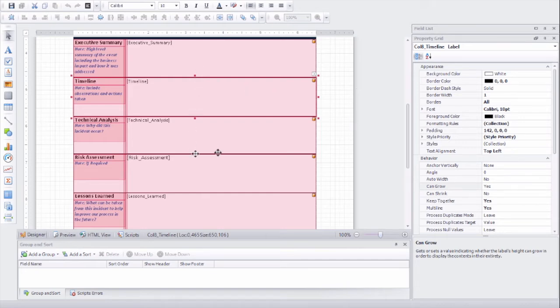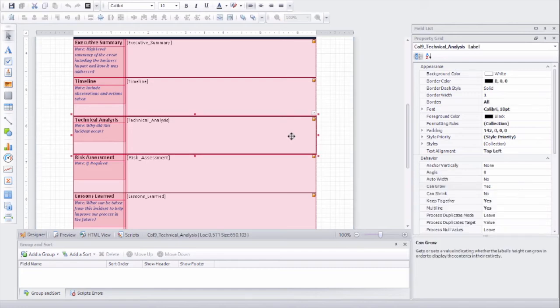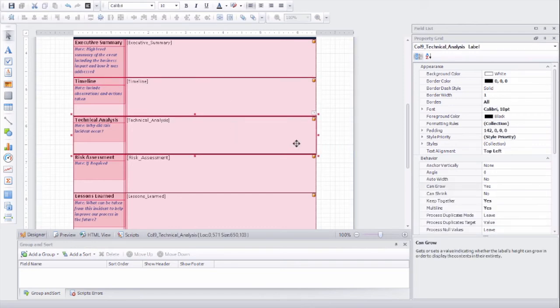However, if we just let it grow independently, if it was longer than the cell is high, then it would impede on the next cell down. Now, obviously the report writer had this in mind when it was drawn up, so they gave us a way to actually make that alignment work. And the way you do that is you want to make sure that each cell is actually directly adjacent to the one above or below it. As you can see here, using my cursor, I can snap right to the edge of the cell above. Similarly, I can snap right to the cell below